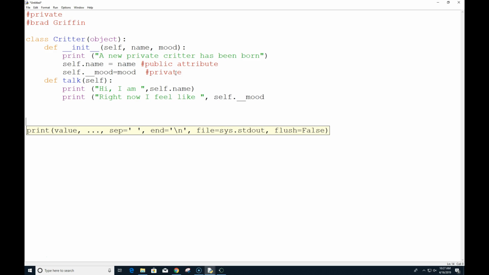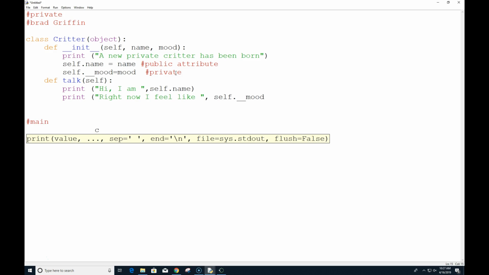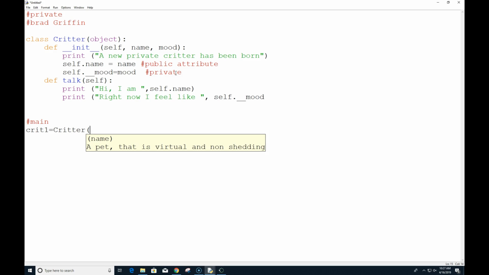From inside this main function, we're going to create a new critter. All the way back would be good. We're going to call it crit1, very original. Now we have a few other things to put in there.